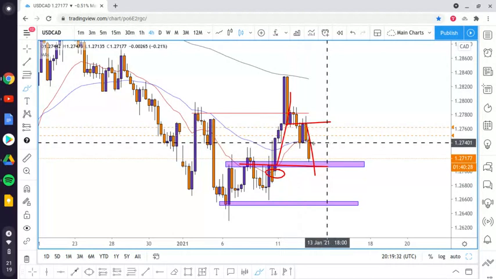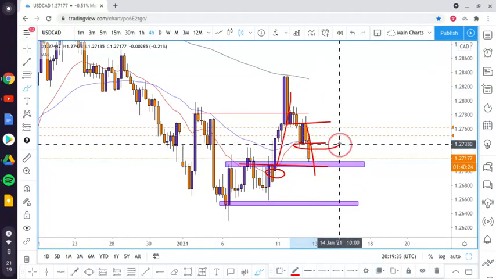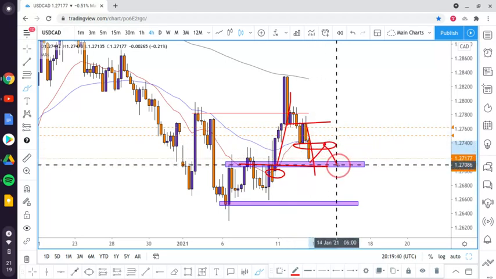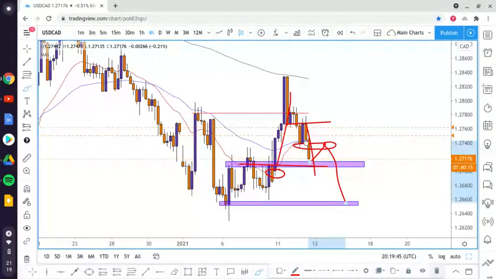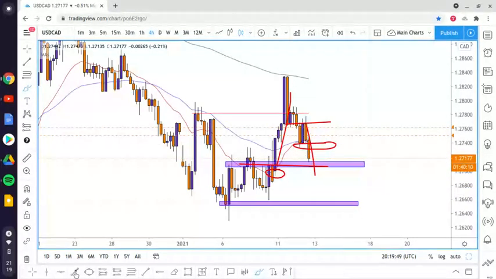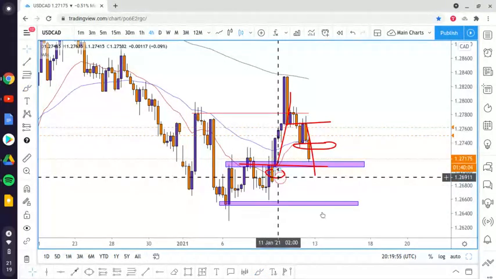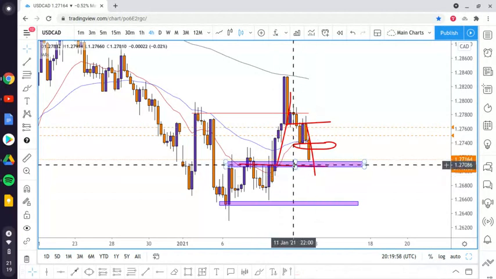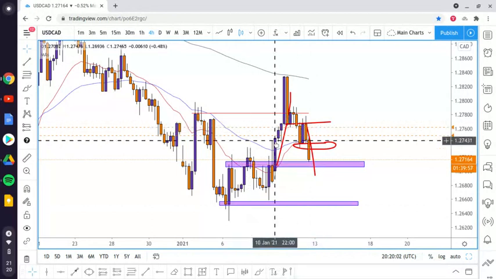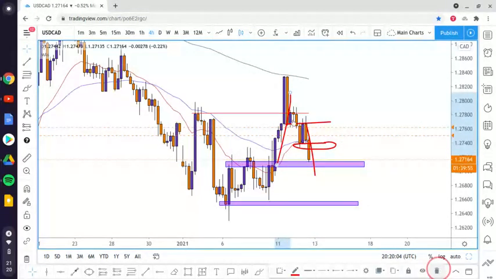Looking ahead, what I would say is that this area is going to be a break and retest area that potentially could be resistance, and then push down again, even fall through into this original range, because it's an overall downtrend. You've got the support that could turn resistance, and overall the momentum is clearly in the downward momentum for dollar CAD. Now, if I just clear some of these away,